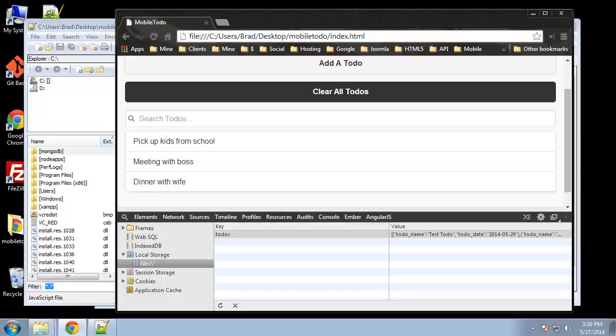Alright, so we have the ability now to add to-dos to local storage. We're not seeing them in the browser yet, but we can see down here that they are in fact adding. So what we want to do is be able to loop through them and output them here into this